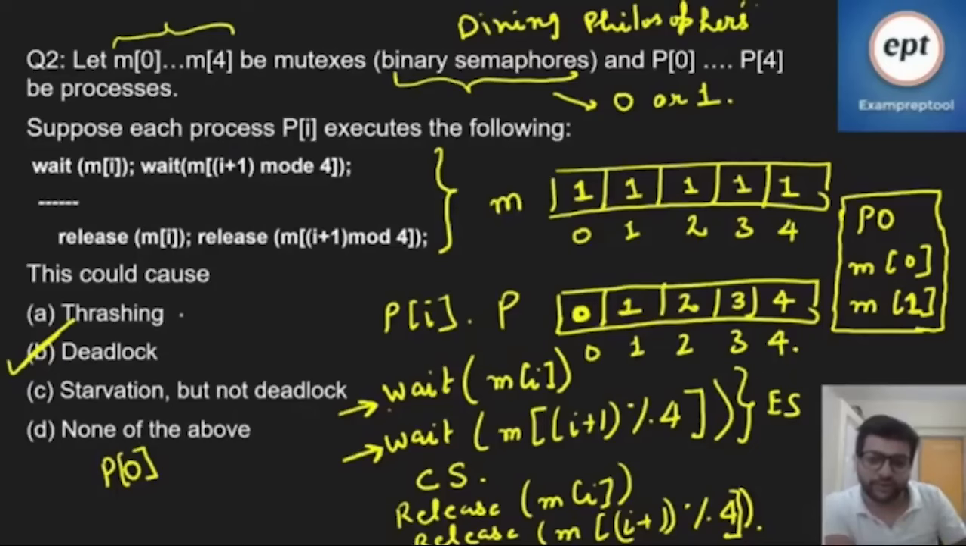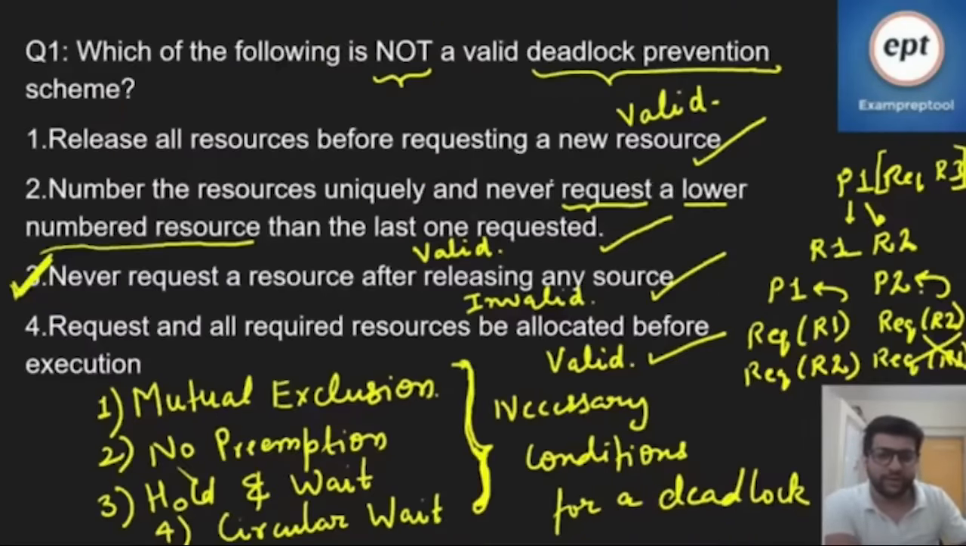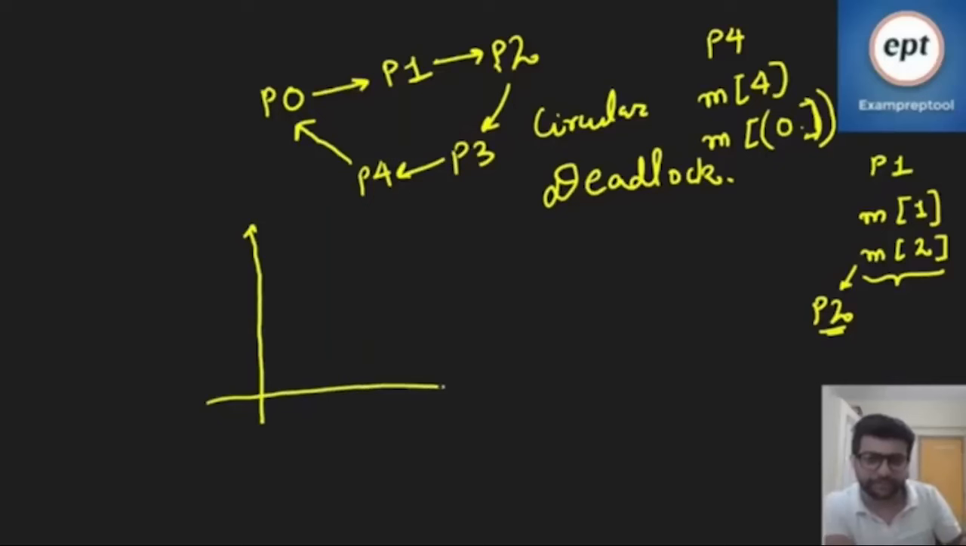The first option says thrashing, but this is not thrashing. The code is nothing related to thrashing. Why? If we try to see, what is thrashing? Thrashing is a concept where